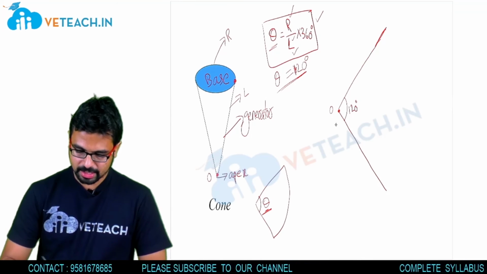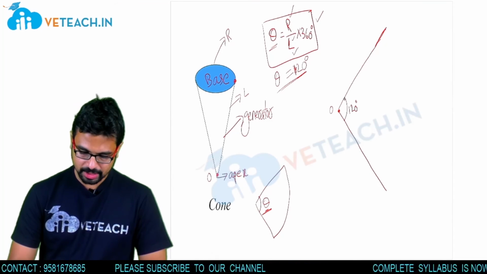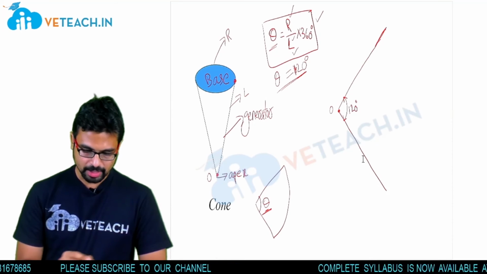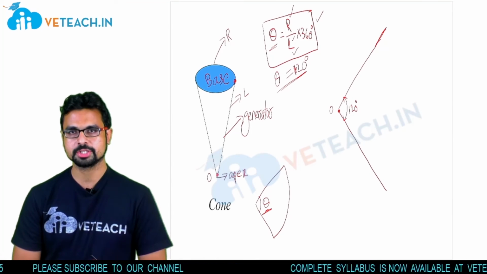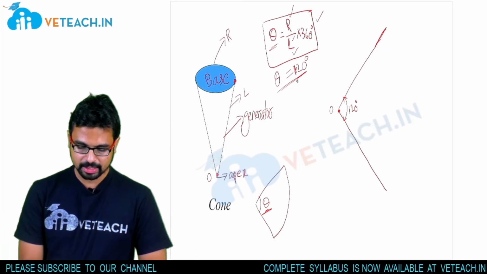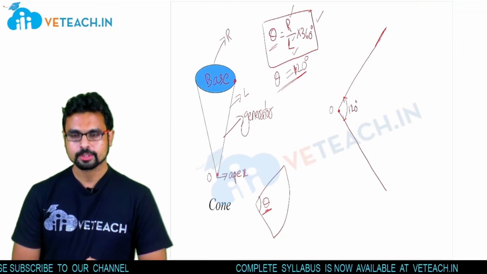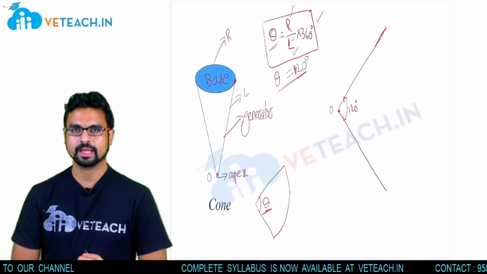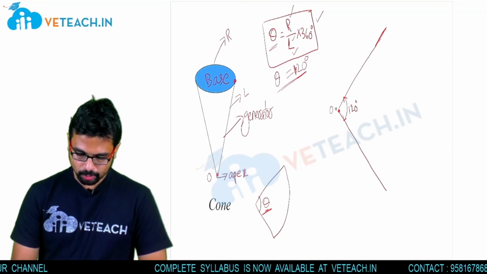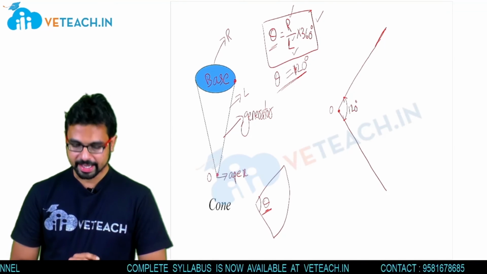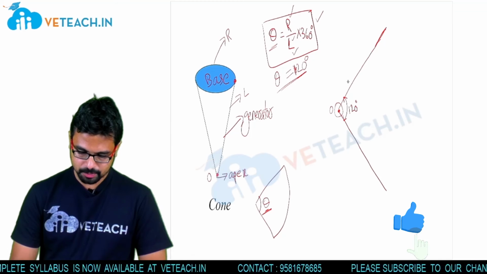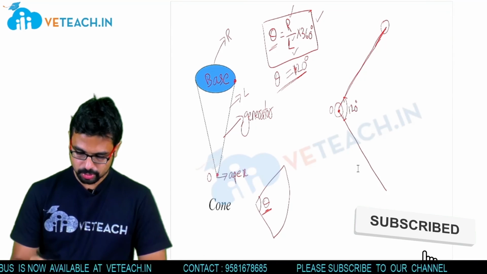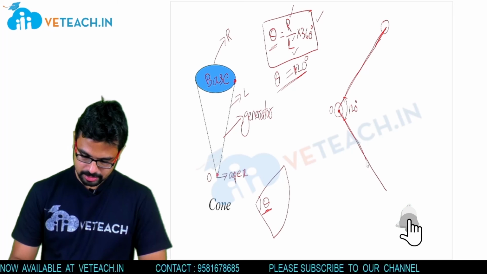So this is the base line. From this line we have to take the angle of 120. It is not a fixed angle; we have to calculate it from R by L into 360, and from that calculate the angle theta. From that theta we draw two lines with that angle. Clear? Here, with O as the center, the distance is from this point to this point. The lengths of these two lines are the same, as you all know.